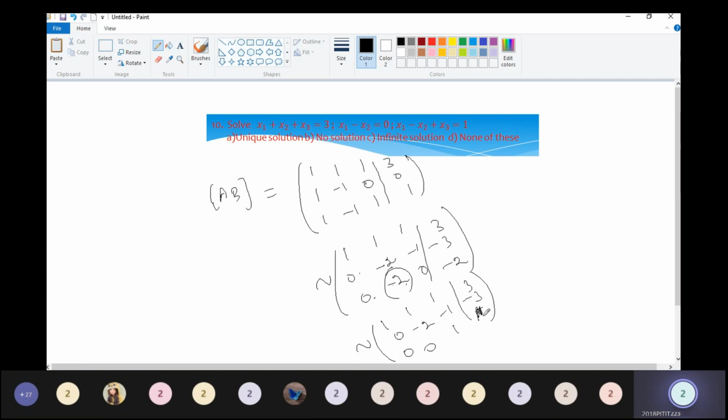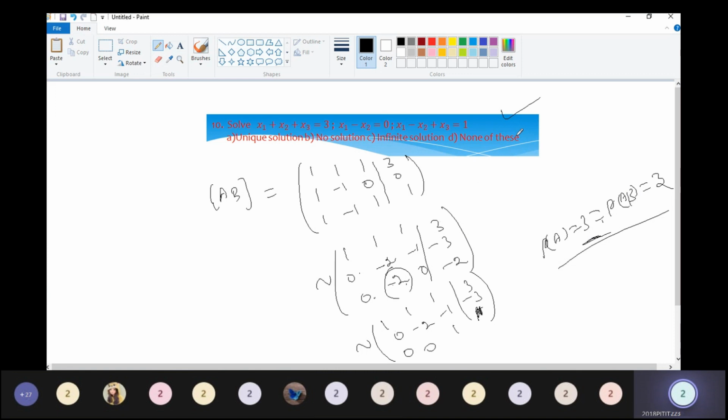So this is a row echelon form. What is the number of non-zero rows in A? Rank of A is equal to 3. Also rank of [A|B] is 3. That is also equal to the number of unknowns, which is also 3. So it will have a unique solution as the condition is satisfied: rank of A equals rank of [A|B], which equals the number of unknowns, 3. So the given system of equations has a unique solution.